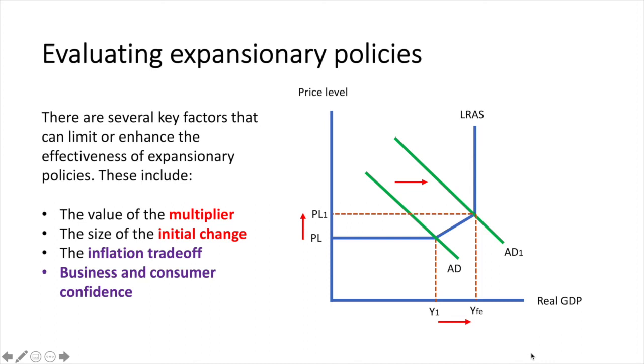Fourth is business and consumer confidence. Any expansionary policy is subject to the level of consumer and business confidence. If expansionary policies are pursued, but consumers and businesses are still uncertain about the future state of the economy, monetary and fiscal changes may be of limited effectiveness. In times of low confidence, business and consumers are more likely to hold cash regardless of how low interest rates and taxes are. And finally, there's exchange rate sensitivity.